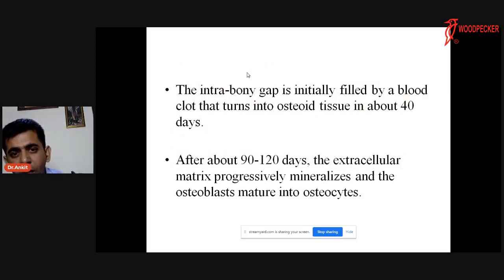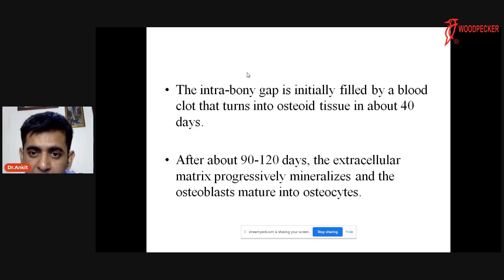So, what will happen to this intra-bony gap? This intra-bony gap will initially be filled by a blood clot, and what we have studied in our physiology classes is that the blood clot in a bony marrow region will in itself turn into osteoid tissue in about 40 days. It will convert into osteoid tissue, or bone formation, in about 40 days. And after 3 to 4 months, that is 90 to 120 days, the extracellular matrix progressively mineralizes and osteoblasts mature